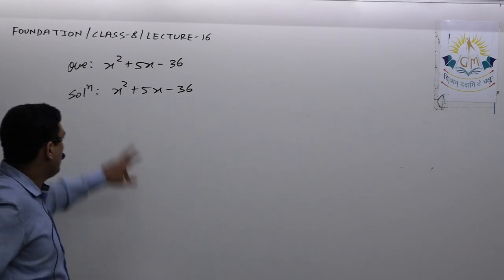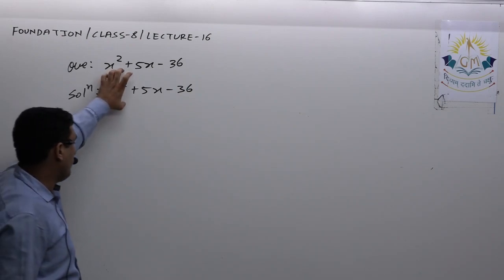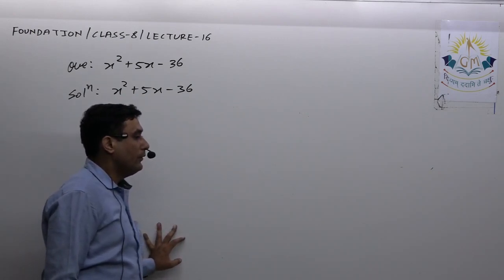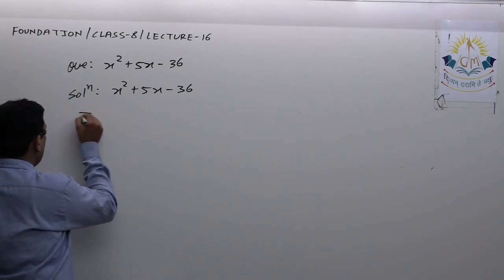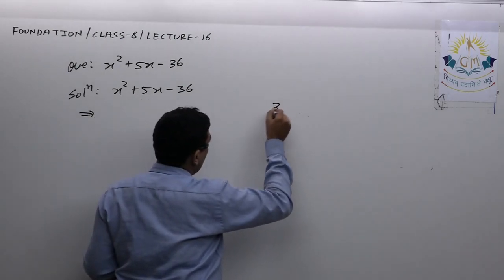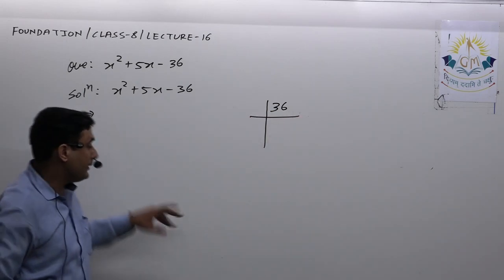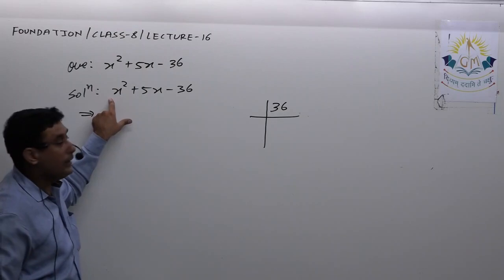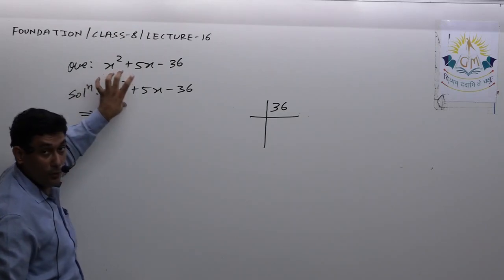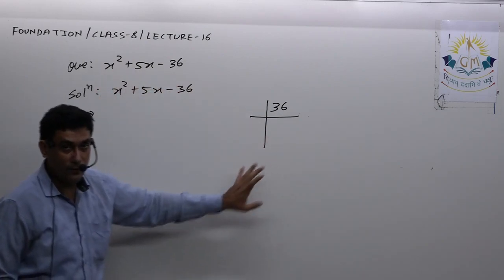Yes, it is in the standard form, and we can see the coefficient of the first term is positive, so we can proceed directly without making any changes. Now the next thing is that we have to find the factors of 36. Why am I finding the factors of only 36? Because here it is 1. We will also see questions in which we will find over here either 2 or 4 or 19 or whatever. In that case you have to multiply these two and then find the factors.